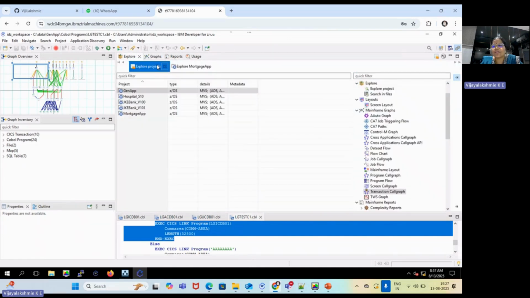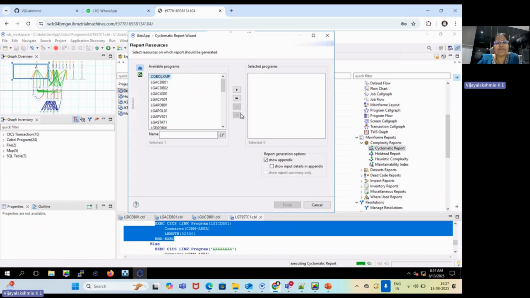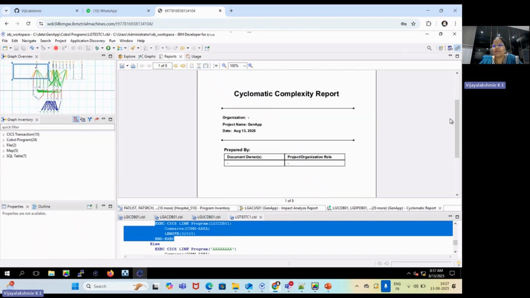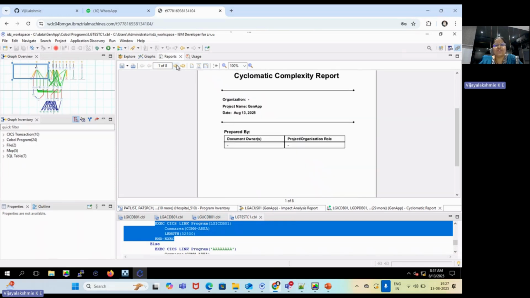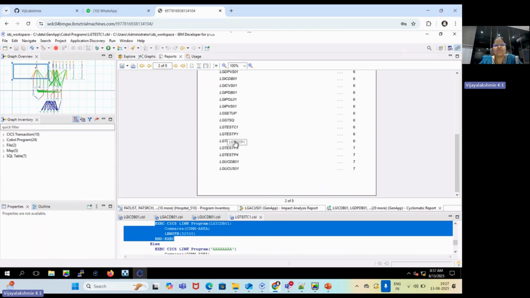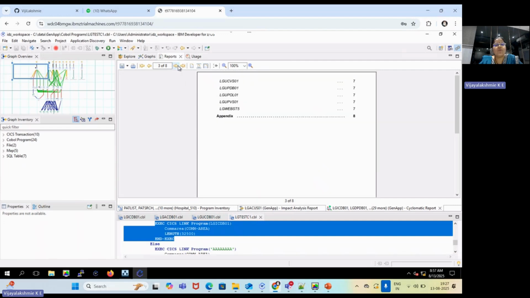Let me go for another option. Let me say, for example, I'd like to understand a complexity report, right? On the whole, I'm going for a modernization or something like that. I'd like to understand the complexity of this application so that accordingly I can derive an estimate. So I'm selecting all the applications. I can get the cyclomatic complexity report. It shows a list of the programs which are available in this, and how